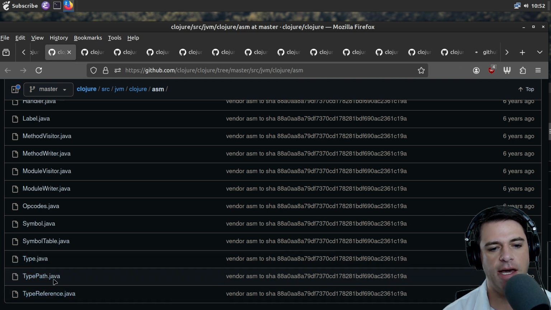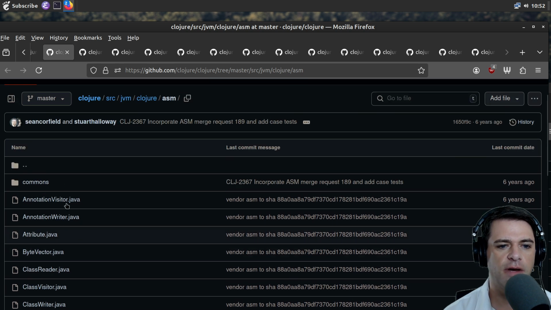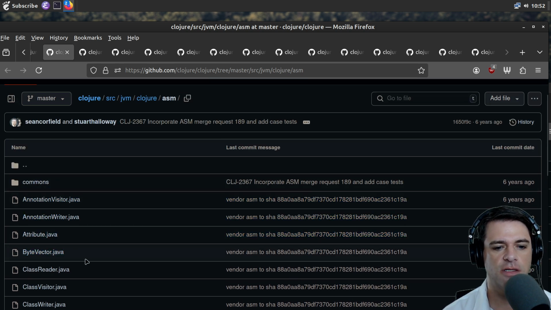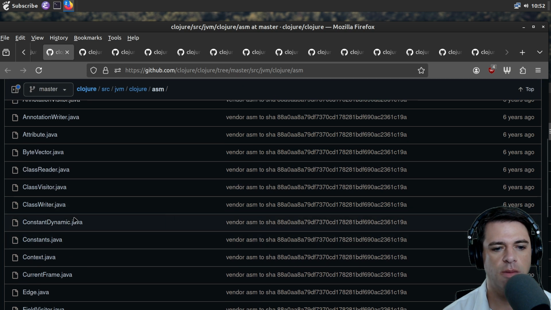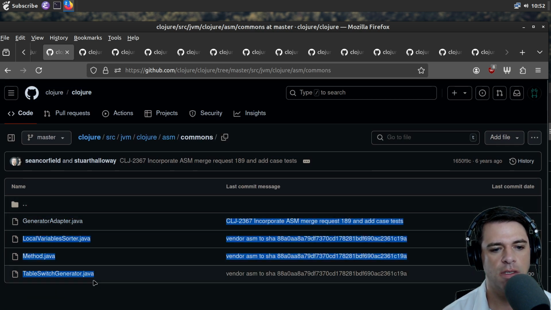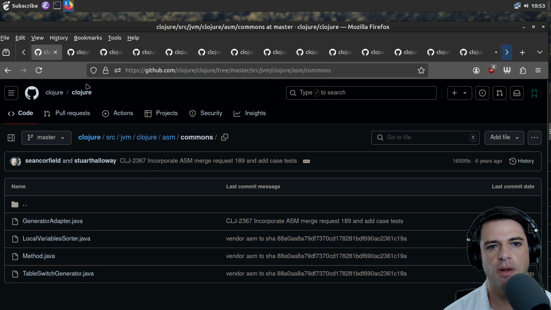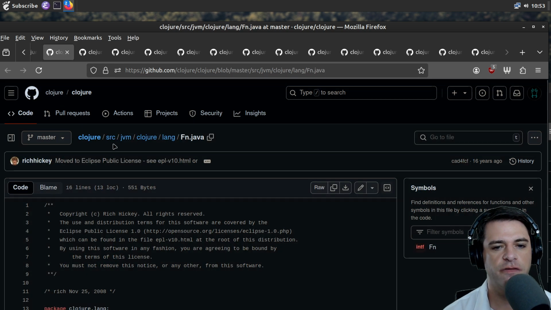I'm going to guess a path is possibly like a fully qualified name. There's some annotation stuff, byte vector. Do we care about byte vector? Probably not. Commons. I don't know if this is generator, method, table switch generator. I don't know if these are interesting. I guess we'll open up method just for funsies.